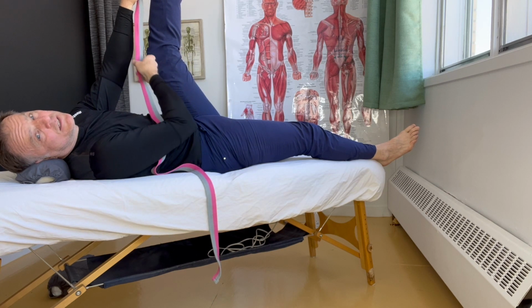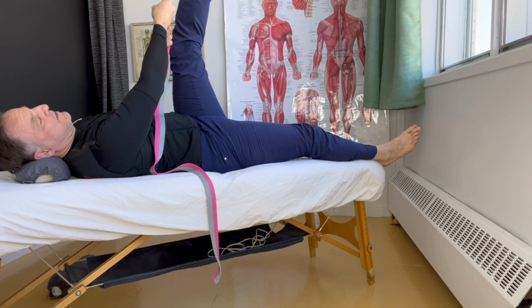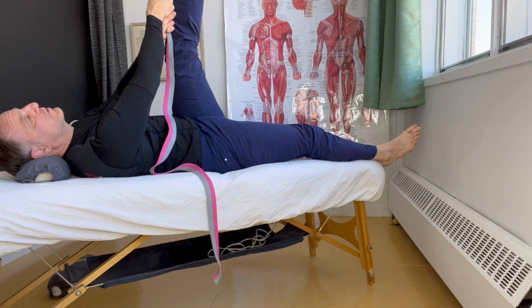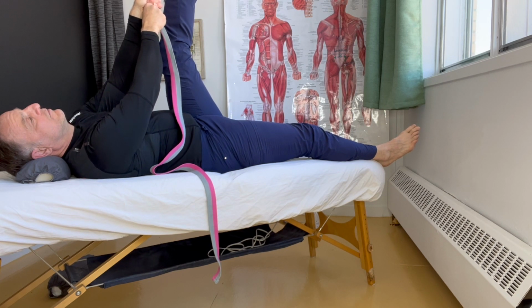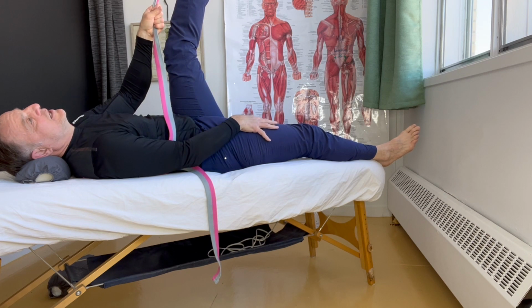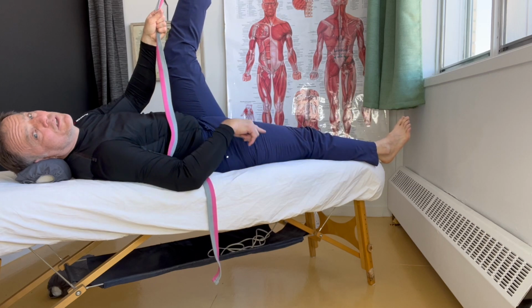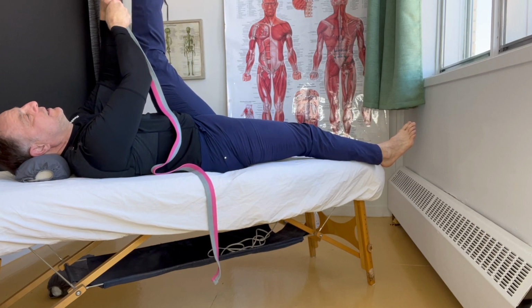But if you were less flexible, you go like this, both hands, you kind of climb the rope until both elbows are straight and you can hold there. This one stays on the table. You see my knee is not like this. This is no good. You want to have the whole leg on the bed